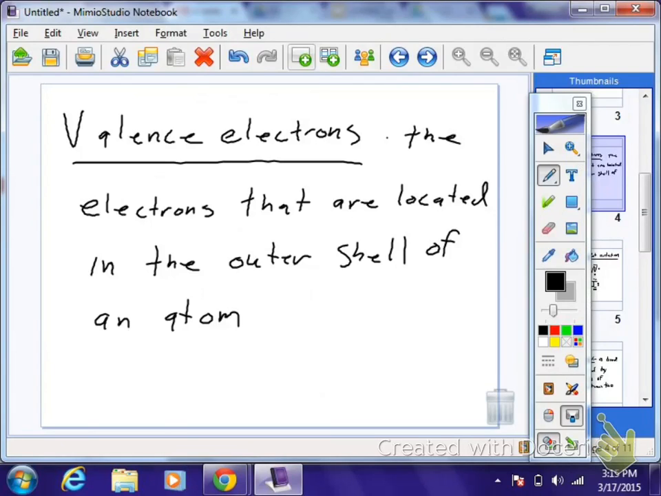Okay? So you can think of a football game, for example. You've got the line, and they are kind of the ones involved in that first level of blocking. They are super involved. And then the other people, later on, they would get involved. But that outer shell is the one that comes in contact with other atoms for bonding to occur. Okay? The electrons that are located in the outer shell of an atom. If you would write that down,